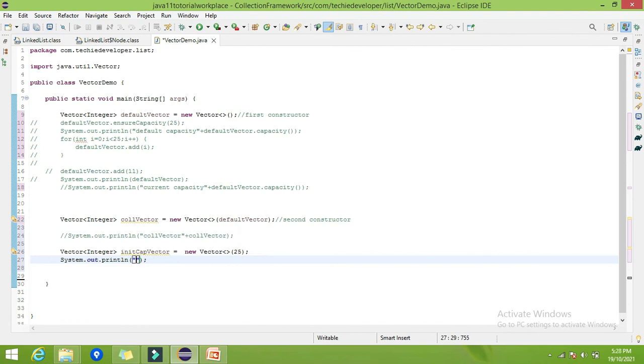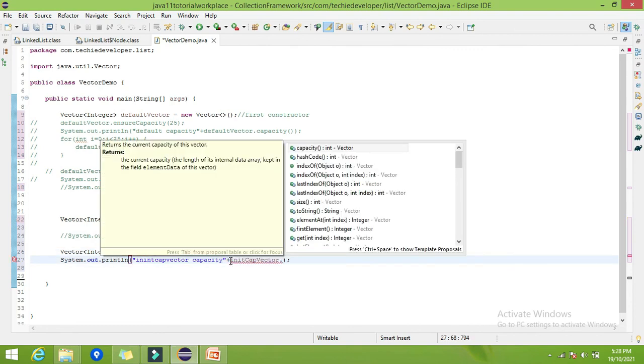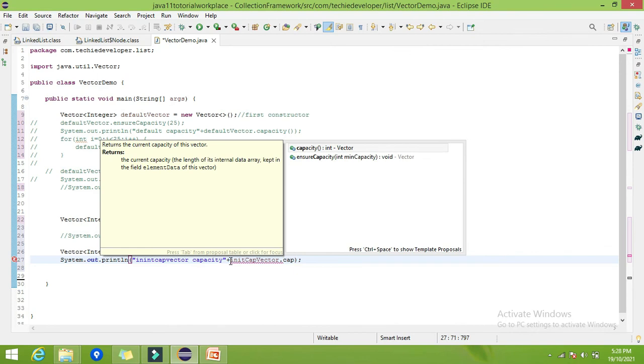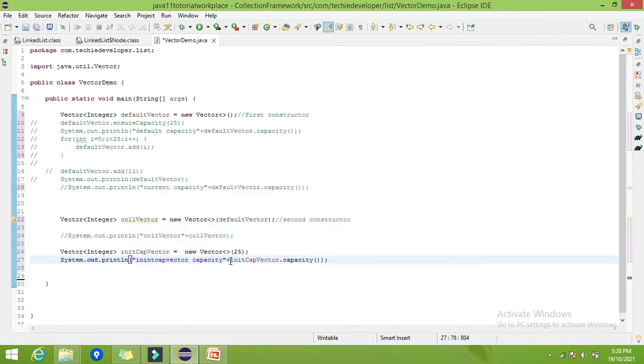So let me try to print the initCap vector capacity. How to determine the capacity? By using the direct method capacity, initCap.capacity.